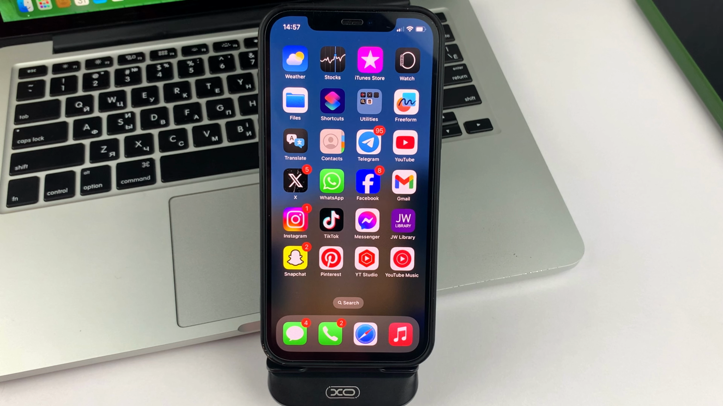In this video, I will show you and also tell you how you can send high-quality photos in Facebook Messenger